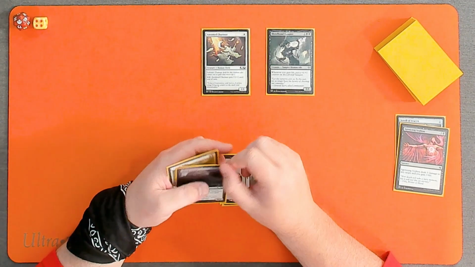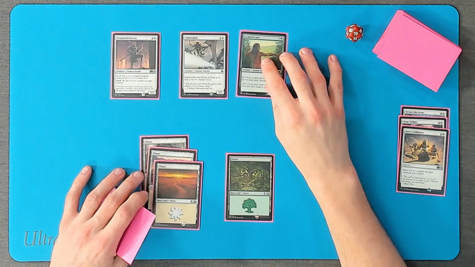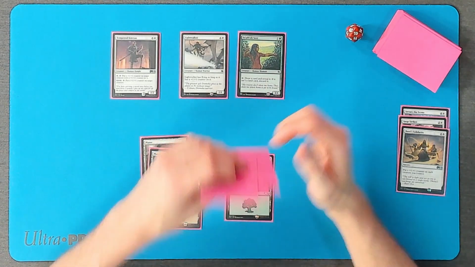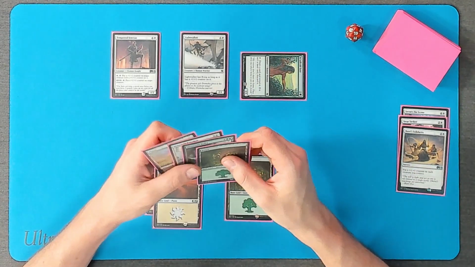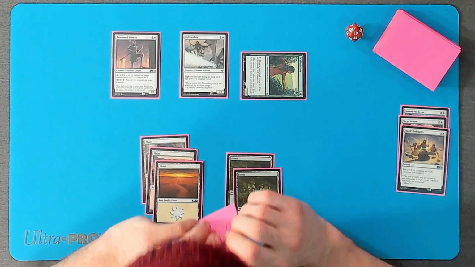That is my turn. Oh, keeping the chorister back. Okay. Well, there are things that can kill it. They can kill it. All right. And I don't want it to die. Draw, actually. I would have drawn it anyway. Forest into